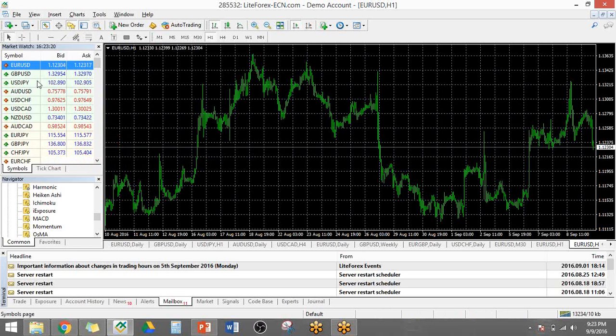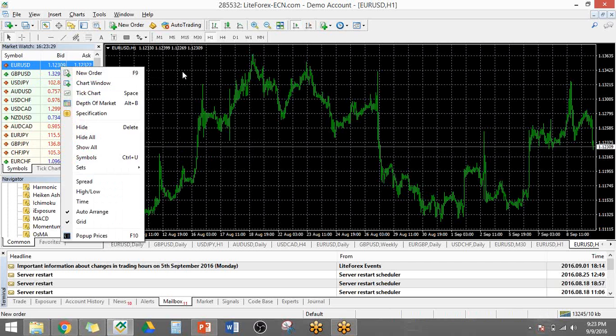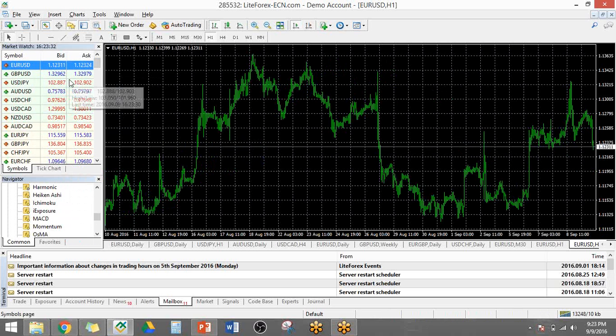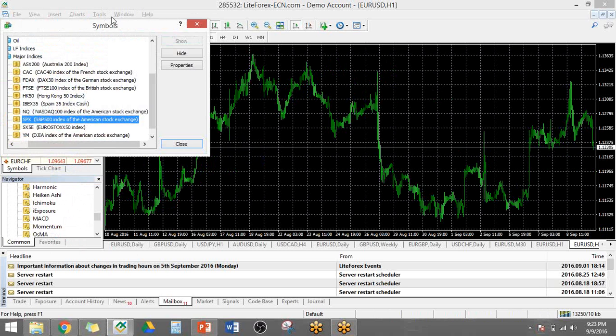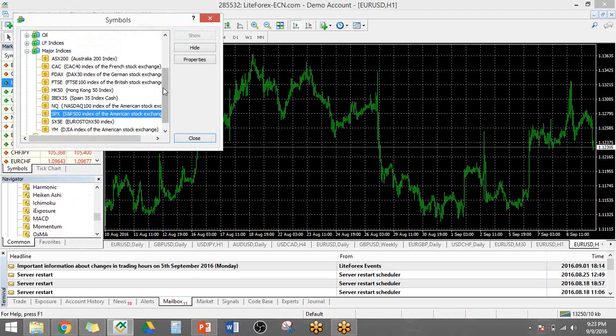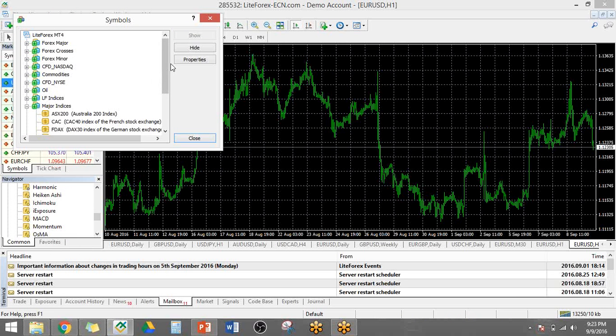Now, all right. So for the market watch, this is where you'll see the current price. You have the bid price and the ask price. Okay, so that's the selling and the buying price. So if you can't find the pair that you want, you right click on them and then you check out symbols, and then in there you'll see the list of all the pairs that your broker is offering you. Okay, so you have your majors, crosses, minors, CFDs, commodities. It depends on how your broker arranged it for you.